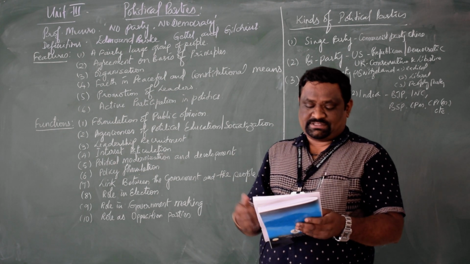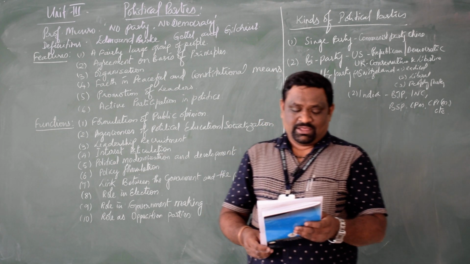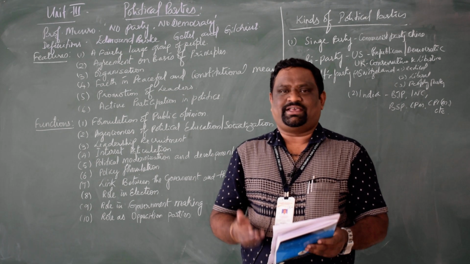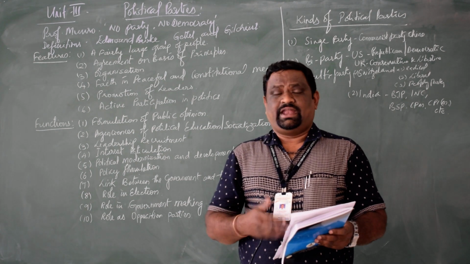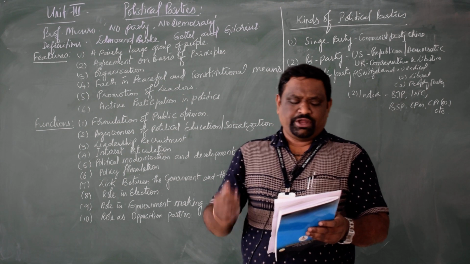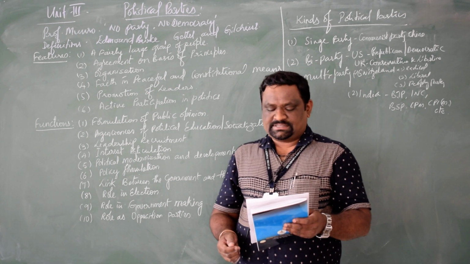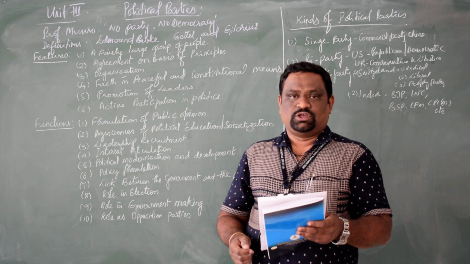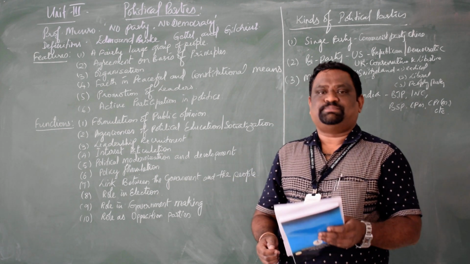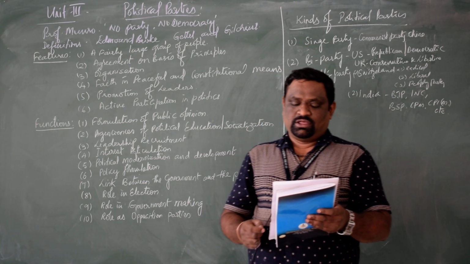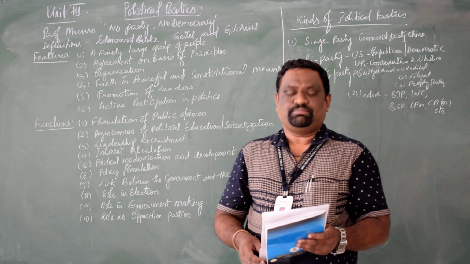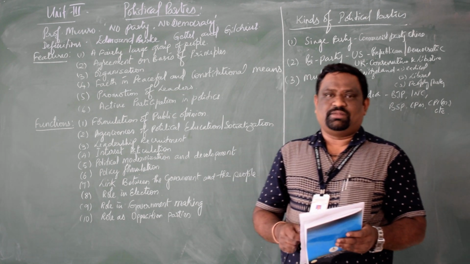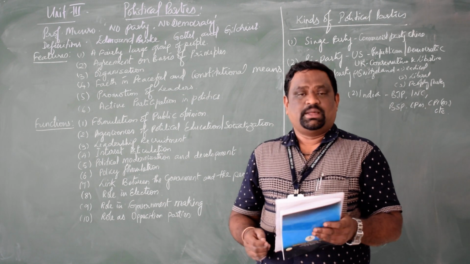Now coming to the second person, Professor Gettel. Even he tried to define in a systematic way to analyze political parties for any democratic country. According to him, a political party consists of a group of citizens more or less organized who act as a political unit, and who by use of their voting power try to control the government and carry out their general principles to bring out the policies.